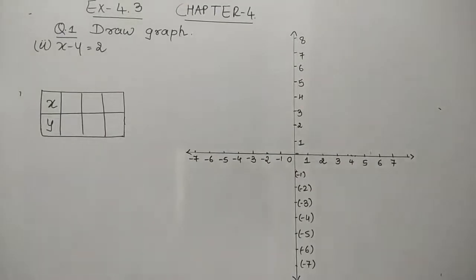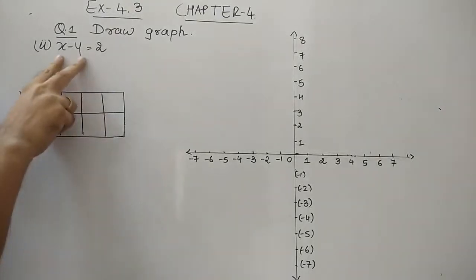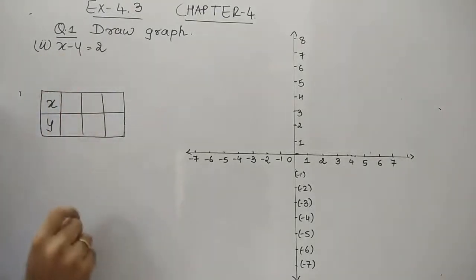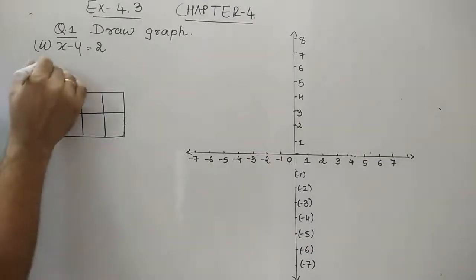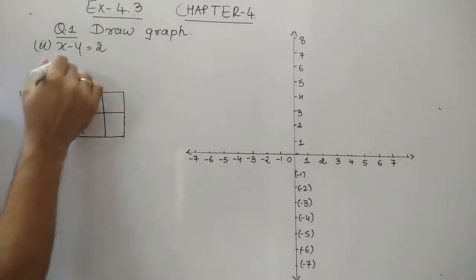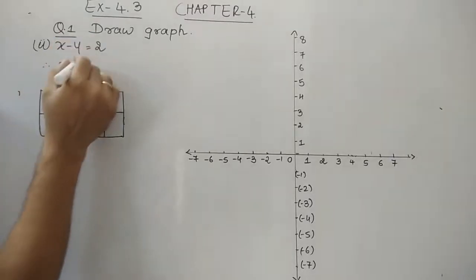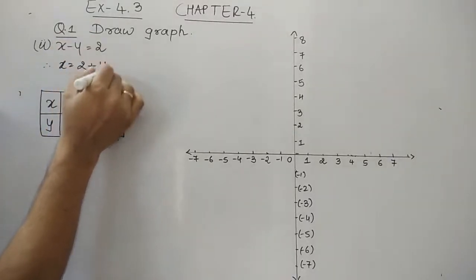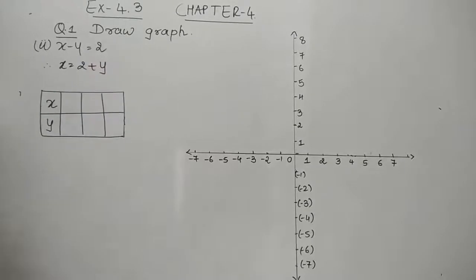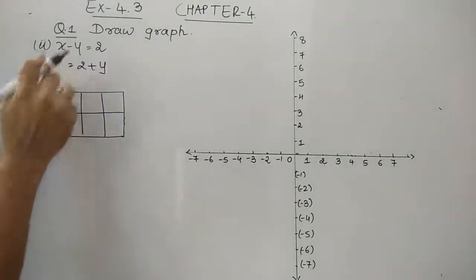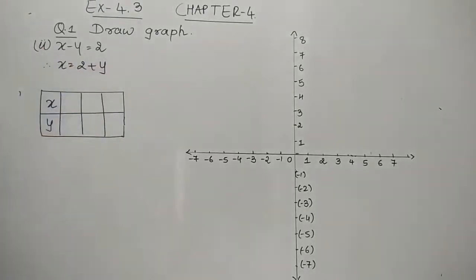Let us do the second question. Here it is x minus y is 2. So as we discussed earlier, we have to make one variable the subject. Whenever we make a variable the subject, remember the coefficient is the smaller one and should be positive. So let's make x the subject because it has coefficient 1 and it is positive also. So I'll take this y to the right hand side, so I'll get 2 plus y. So this is the equation form. x is equal to y plus 2 or 2 plus y, doesn't matter.